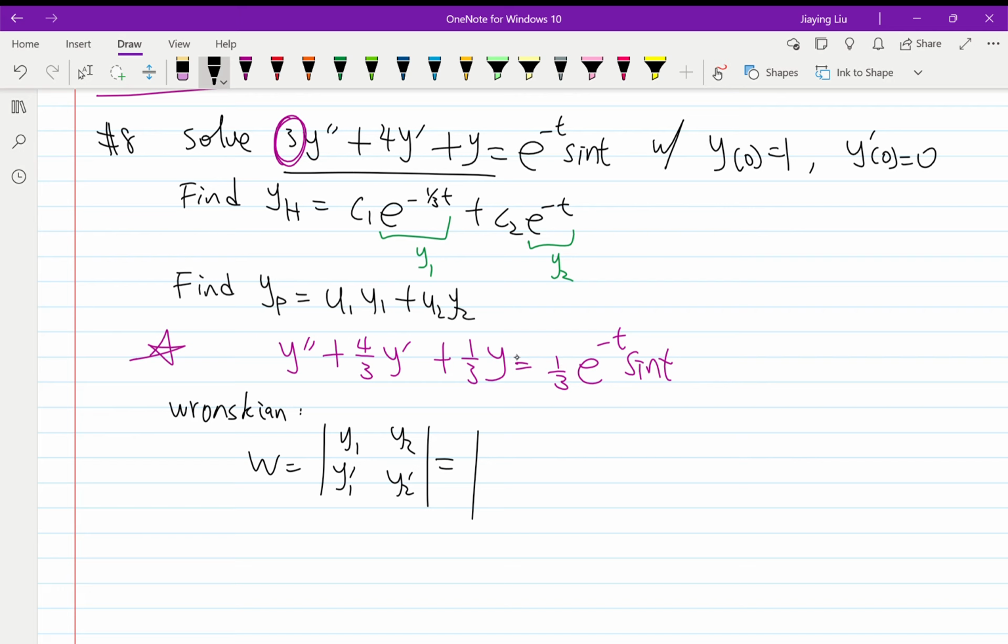y1 is e to the negative 1/3 t, y2 is e to the minus t. Taking the derivative of each term, that's a negative 1 over 3 e to the negative 1 over 3t, and negative e to the negative t. And then we're going to multiply the diagonals and subtract. So that's going to give us